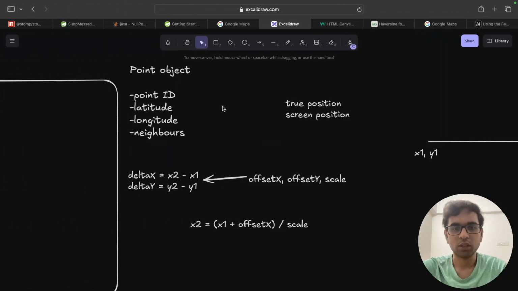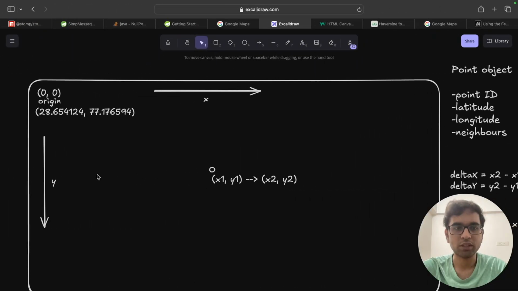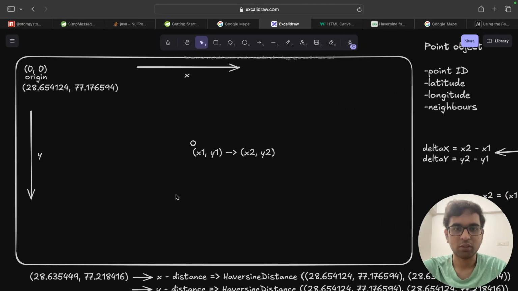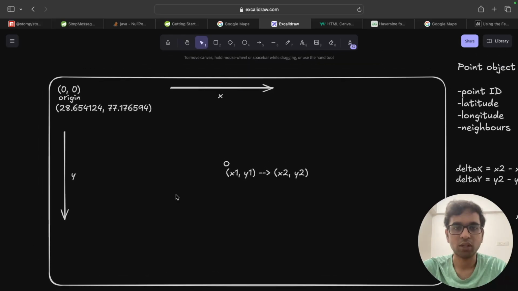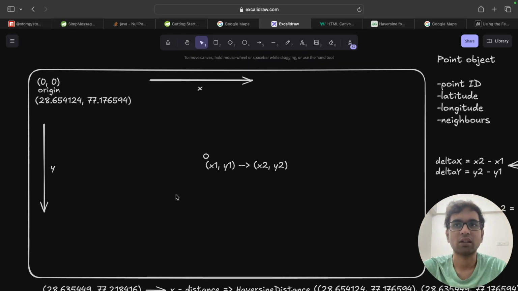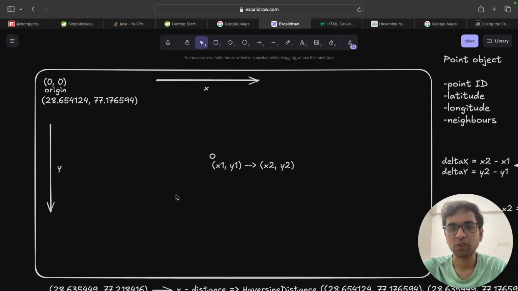Along with that, whenever we are panning or zooming in, whenever we have the handle mouse move, the mouse move event listener or mouse down event listener or any of these event listeners, for every movement the value of the offset is going to change,